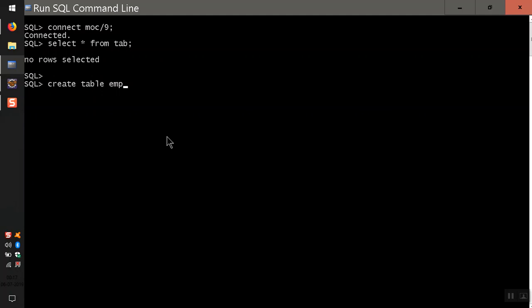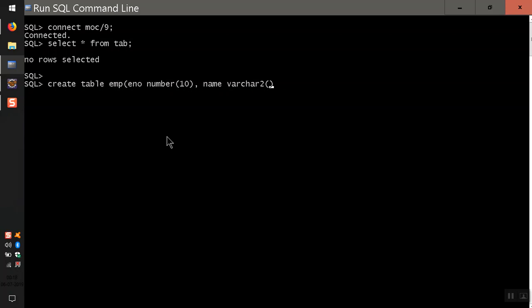and let's say that I need three fields: e number, name, and salary. E number is of the type number, and I'm going to say it's of 10 characters. So e number is of the number data type, and name is of the type varchar2. Varchar2 is specific to the Oracle database, and it won't work for DB2 or MySQL. And varchar2 of 20,